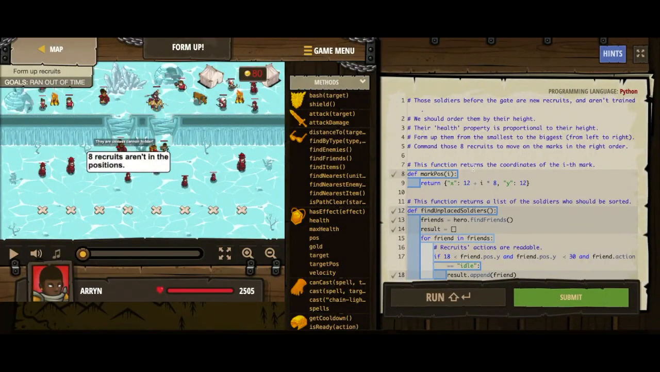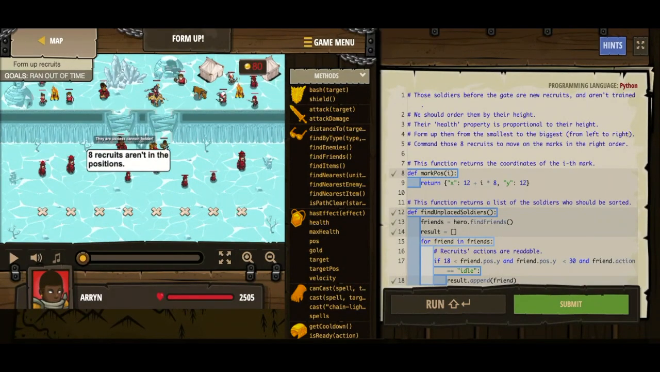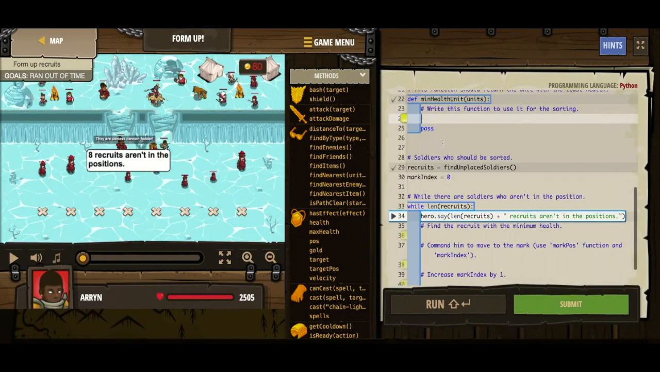Hey there all, so let's take a look at this level. So we need to order all of these soldiers from least health to most health. And then we need to send them to stand at these marks. So let's start. It wants us to fill out this function down here, where we find the troop with the